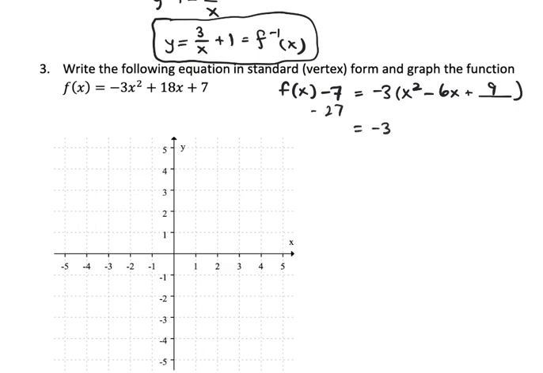So on the right side, we have negative 3 multiplied by x minus 3 squared. On the left side, we have negative 7 minus 27. That's f of x minus 34. So if you add 34,